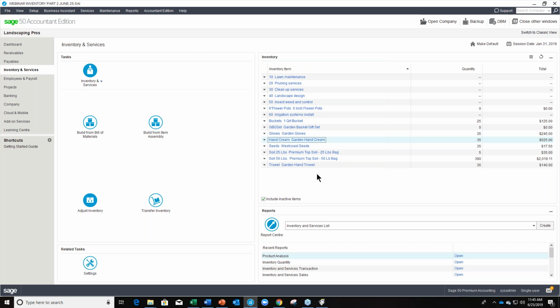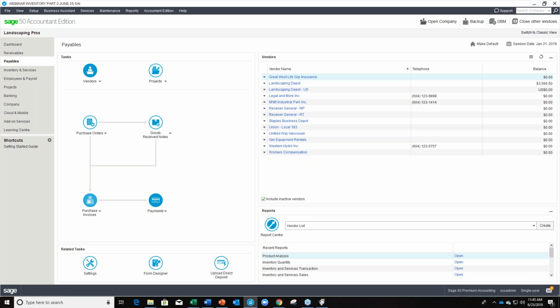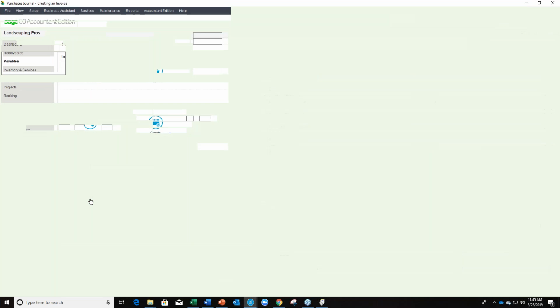Once you've done that, then when you receive your duty invoice from the customs broker, you will post it like all other invoices. But because the duty amounts have been recorded, you will use the duty liability account to post the credit to it. And when you bring in the payables, so here, if I go into my purchase invoices,